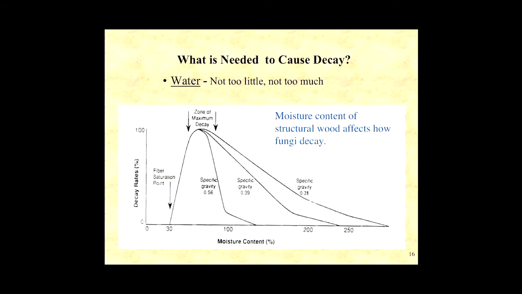So it's actually relatively easy to stop decay in oak if you're below 30%, because below 30%, you're going to stop decay in all wood species. And in oak, when you go really above 80% or so, you'll pretty much stop decay from occurring. But there's quite a range here, and aspen really has the largest range. That's one of the reasons why aspen is a fairly easy wood to decay, simply because it has such a broad range of moisture content over which it decays.